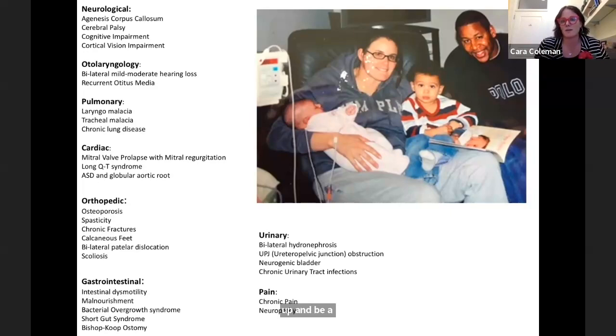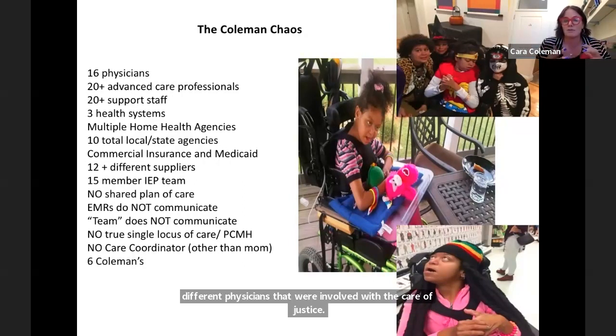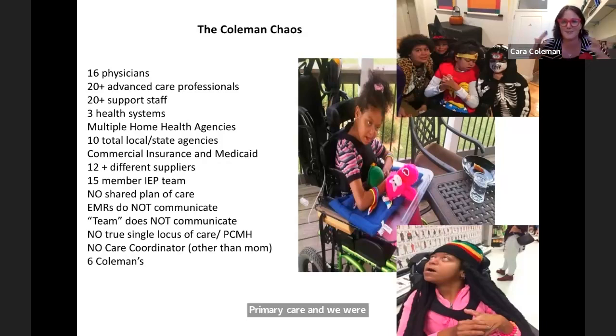And how do we take all this information and put it into a life and be able to share it? In the map, there were 16 different physicians involved with the care of Justice. We were not part of a medical home, but our PCP was amazing, and we crafted things together to try to make it as such. But how do you communicate to all of these people and agencies and insurers and suppliers and the IEP team what is involved, and that they're not the only ones? The reason I have pictures here too is to remind that Justice is our Sherpa at the core of this,